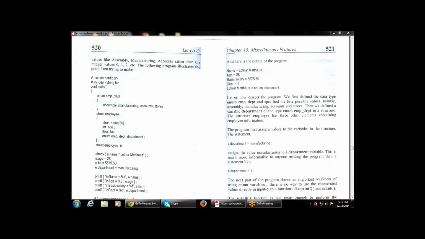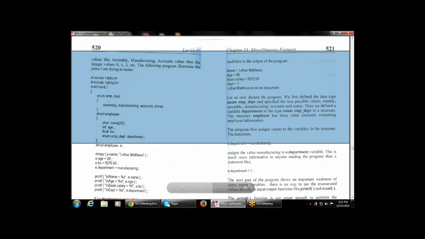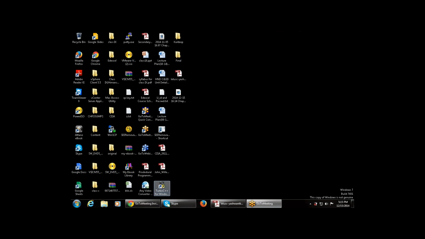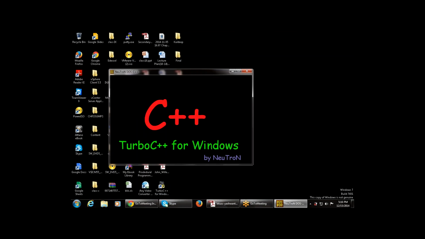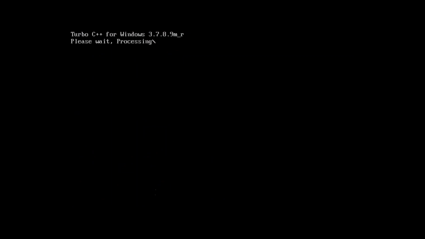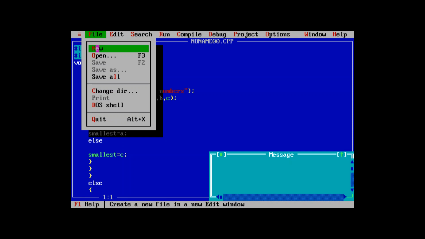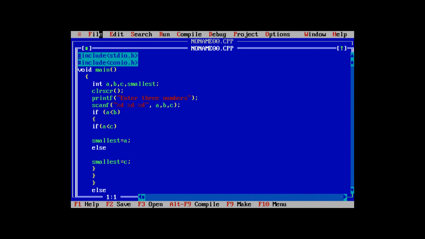Let's take a practical approach on the enum data type so that your concepts are clear. I have discussed, or I will discuss, only one more program. So let's start with the practical approach. Suppose my target is to show how to use the enum data type. What is the usage of the enum data type? So first of all,